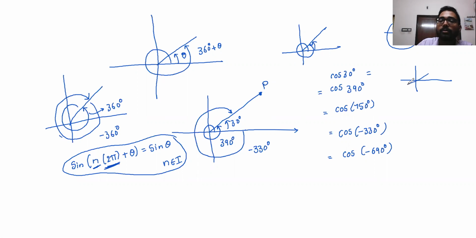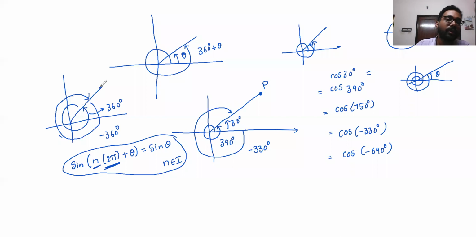So let's say the original position is theta. Now first I will do 1 rotation, 360. Second, I will do 1 more rotation, 720 plus theta. So this we can ignore, because it is just like coming back to the original position. If you rotate 2 pi radians from a given position, you will arrive at the same position.